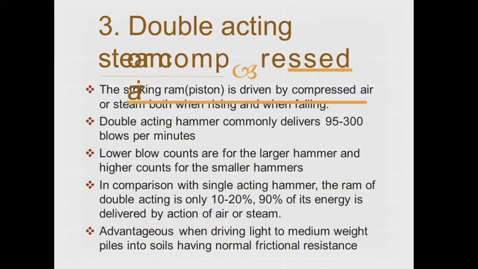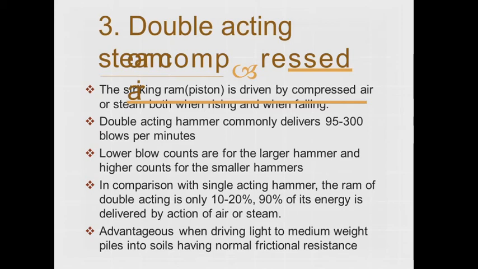A double acting pile driving hammer is similar to a single acting hammer, except that steam or air acts on both sides of the piston. Steam or air raises the ram to the top of the driving stroke and then drives it down in its downward stroke. Thus, steam or air pushes the ram downward and assists the gravitational force in striking the blow. This also increases the speed of downward motion and thereby increases the number of blows per minute.